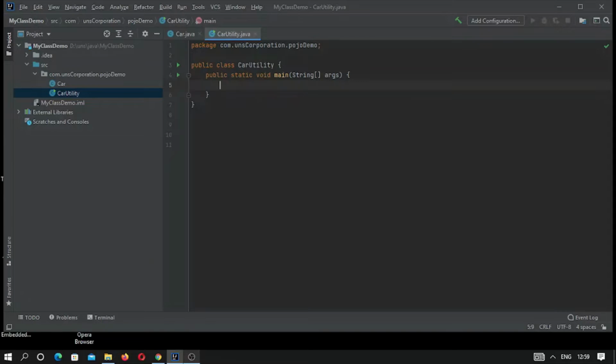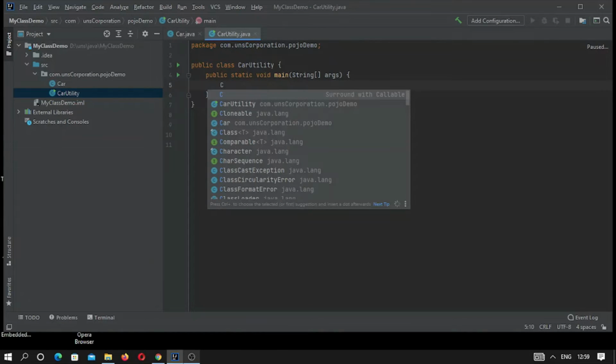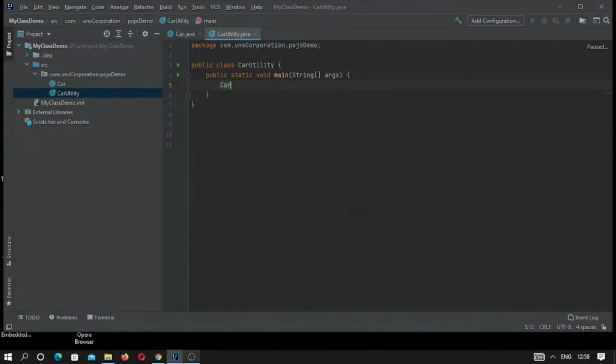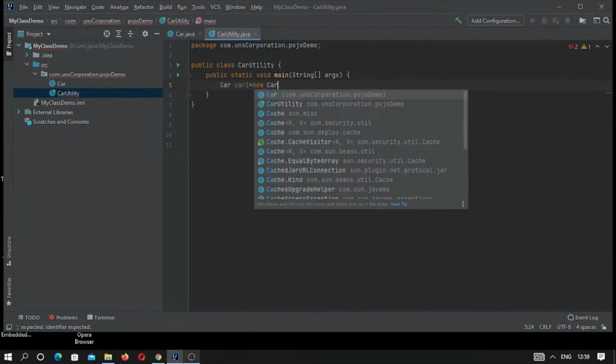So we have created a CarUtility class, and here we have created a main method, and from here we can create an object. Let's create an object of the Car class: car1 is new Car.